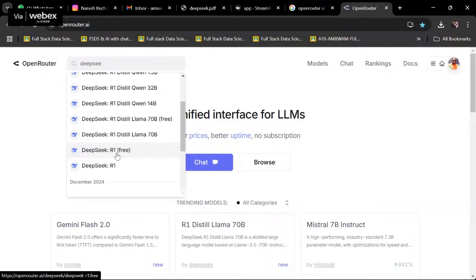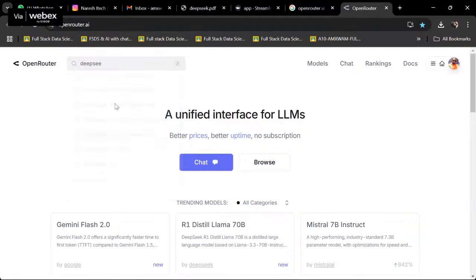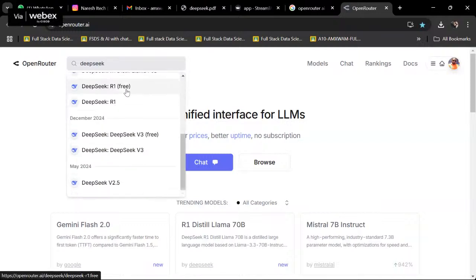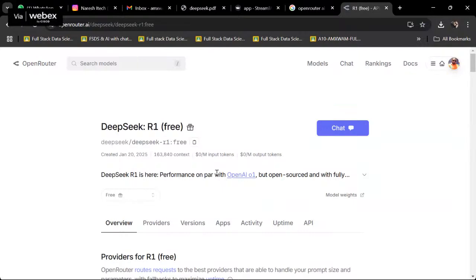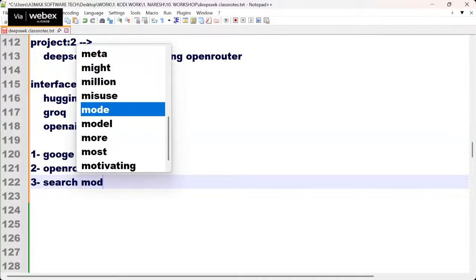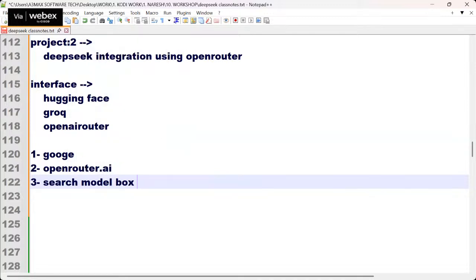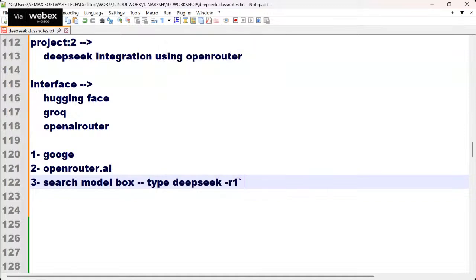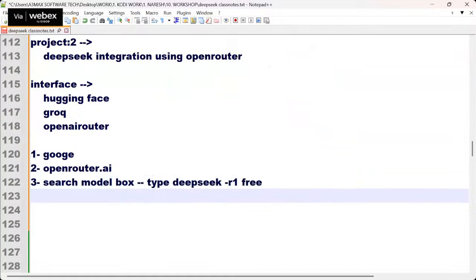Guys, are you working? Great. So just go back to DeepSeek and here R1 free. Just search the model. In OpenRouter you get a search model box, and there you type DeepSeek R1 free.